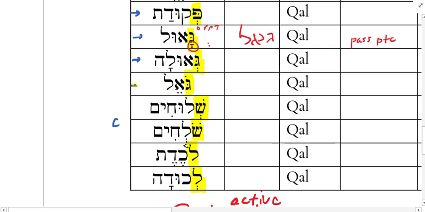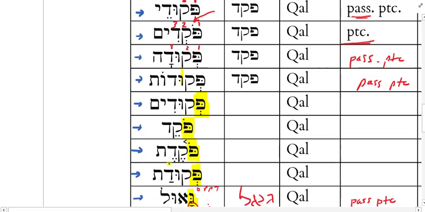Go'el, masculine singular and absolute. Shluchim, masculine plural, absolute. Sholachim, masculine plural, absolute. Lokedet, feminine singular, and presumably absolute. Lukuda, feminine singular, absolute. Okay, so now what I'm going to focus on is the meaning of the participle with these